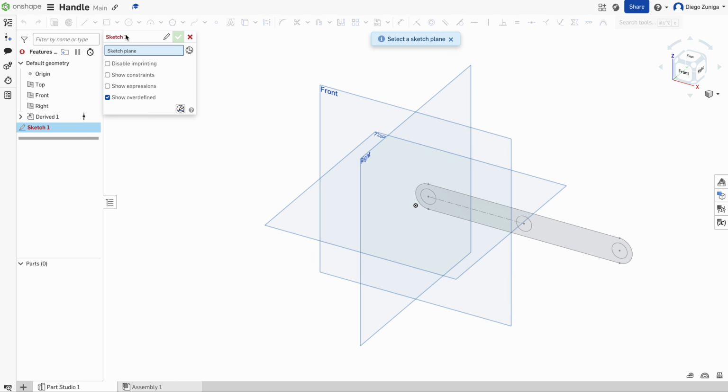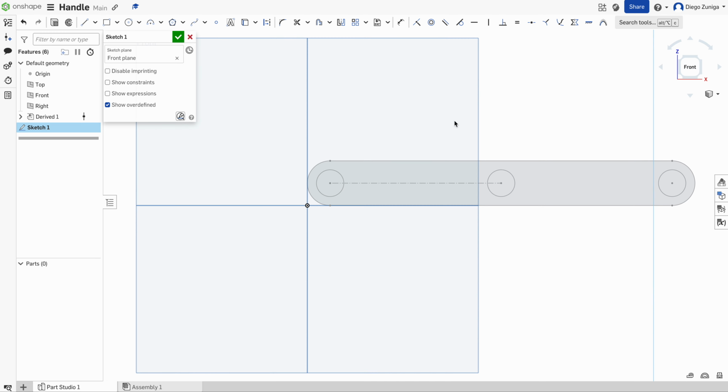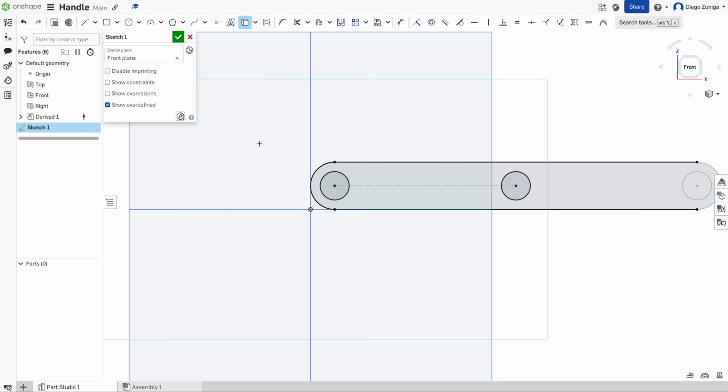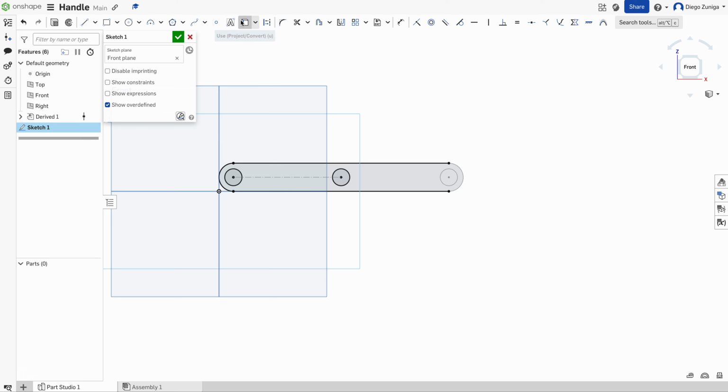Now I'm going to create a new sketch on the front plane, which is coincidentally where this first sketch, the one that we brought up, is also located. And I'm going to click front in order to see it from the top. Now in here, using the tool use, I'm going to bring up this line, this one as well, this circle, and this curve. But I'm not going to use these two because remember we're working on the handle. So what I'm going to do here is to